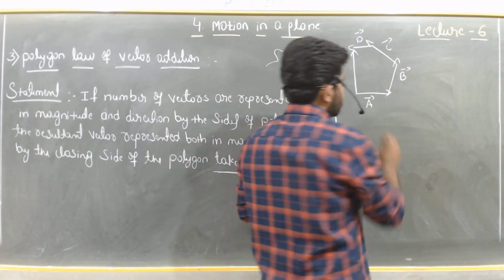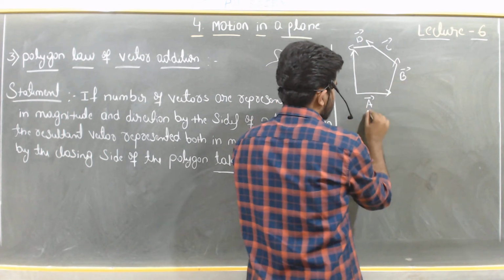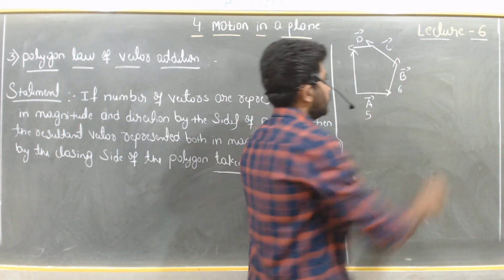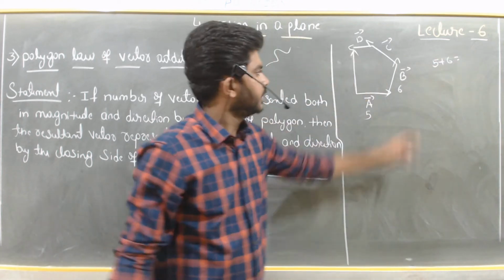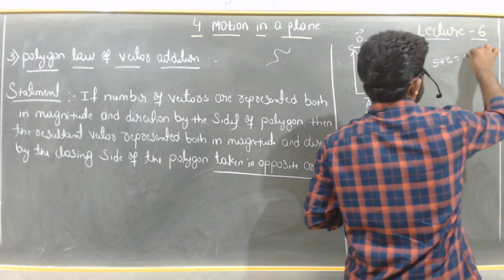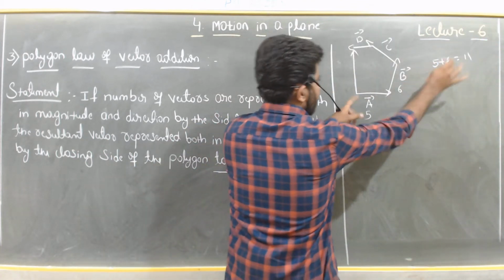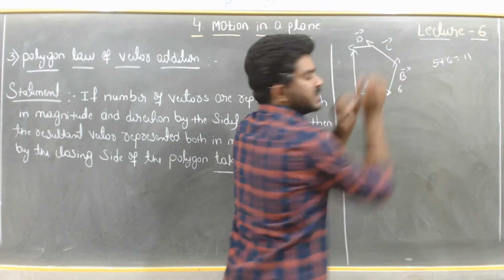See, this is how it works. For example, assume that here I have 5 and here 6. So 5 plus 6 is what? It may be 11. Yes, it is 11. So the resultant of these two I have got is 11. Next I have to add the result plus this side.